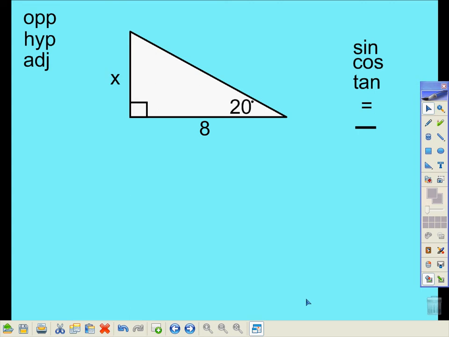Alright, here we are. We've got the trig ratios down. We know how to set them up. Now we're actually going to use them to solve some problems using right triangles. Again, the first thing you want to do is always identify where you're at. What's the angle that I'm dealing with? And again, here you'll notice the 20 degrees is the angle that I know, and that's where I'm going to